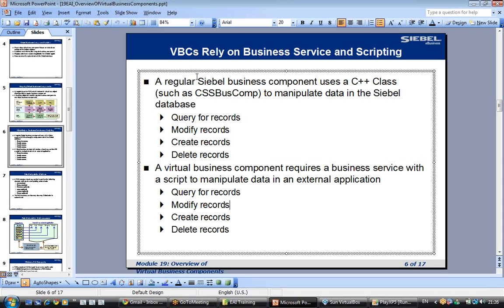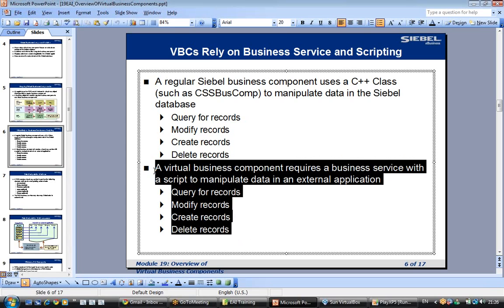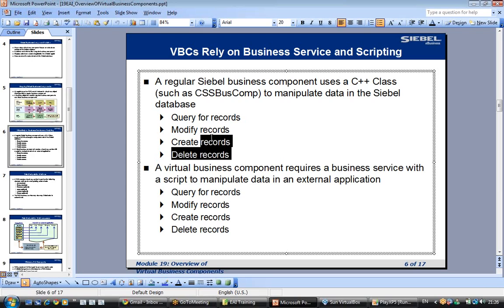So in the VBC, we make use of an explicit business service, and we provide that business service name in the VBC user properties. So all those tasks of insert, update,